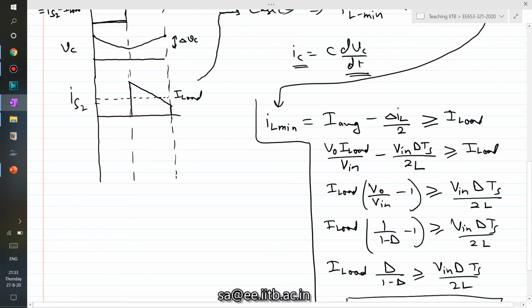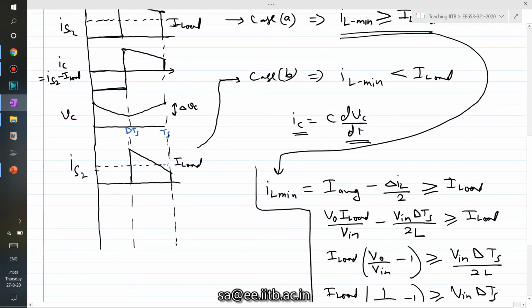So we understand that from DTS point, to TS point. So I think the simpler version would be going from 0 to DTS point, right? So we can directly go from 0 to DTS point. What is the capacitor current during this period? Since your switch S2 is open, the capacitor current is nothing but equal to the load current, right?